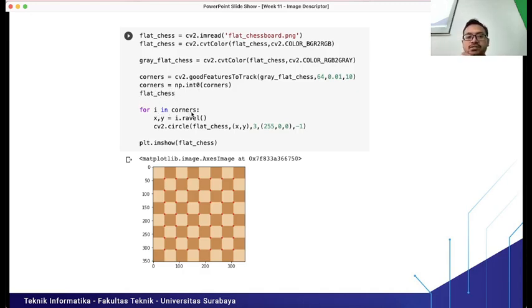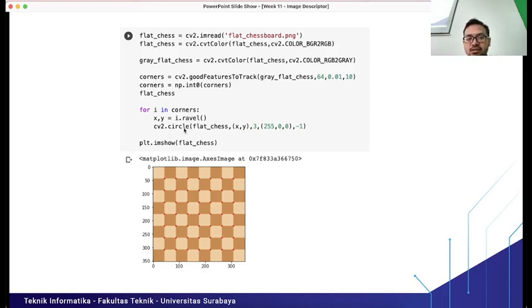For i in corners, we loop inside the corners numpy array. x, y is the x position and y position, the coordinates of the corners from the original image. We convert it into a one-dimensional array using the ravel method. i.ravel means we convert it into a one-dimensional array.